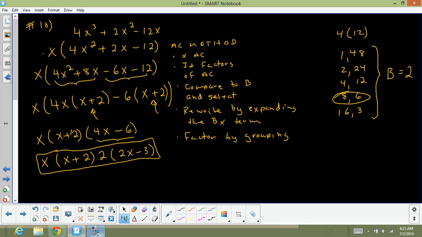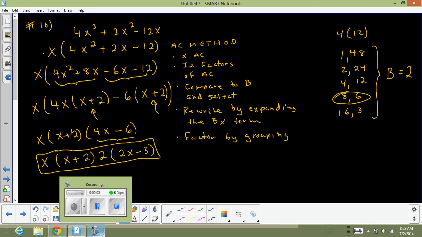So if there's any other questions, get back to us. We'll talk more about factoring tomorrow, and be looking at how some of this applies to the